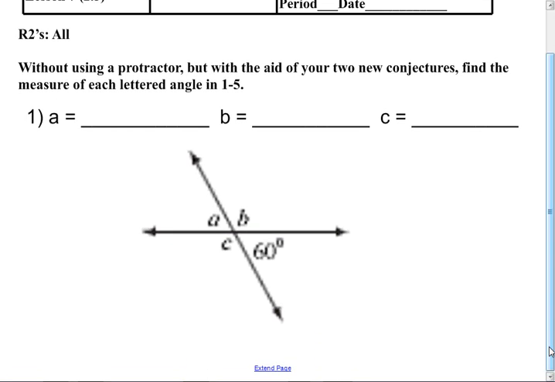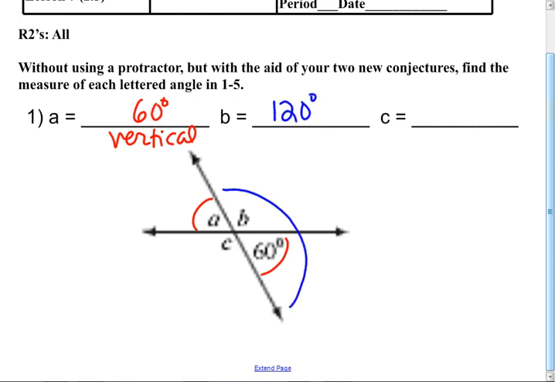Okay, so there's a picture. I think your picture is probably a little bit better than my picture, but I'm not sure. Without using a protractor, yes. Well, what's the measure of angle A? Why are these congruent? They are what kind of angles? They're vertical. So angle A is 60 degrees. And why is that 120? That's correct. Because,